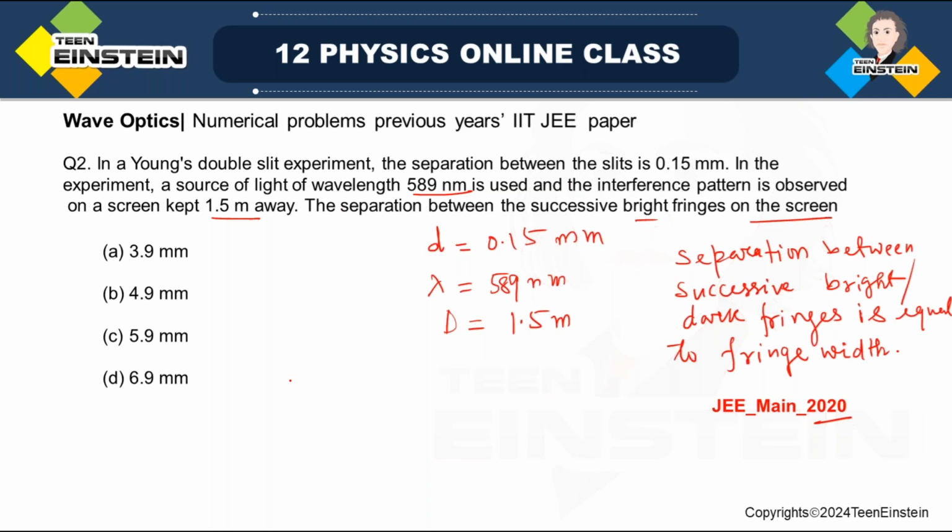So beta, we know the fringe width in case of Young's double slit experiment, is D lambda by small d. Actually this expression for the fringe width is the same even for the diffraction pattern, minima or secondary maxima. Okay, you can just note this point. Even this is the expression for fringe width